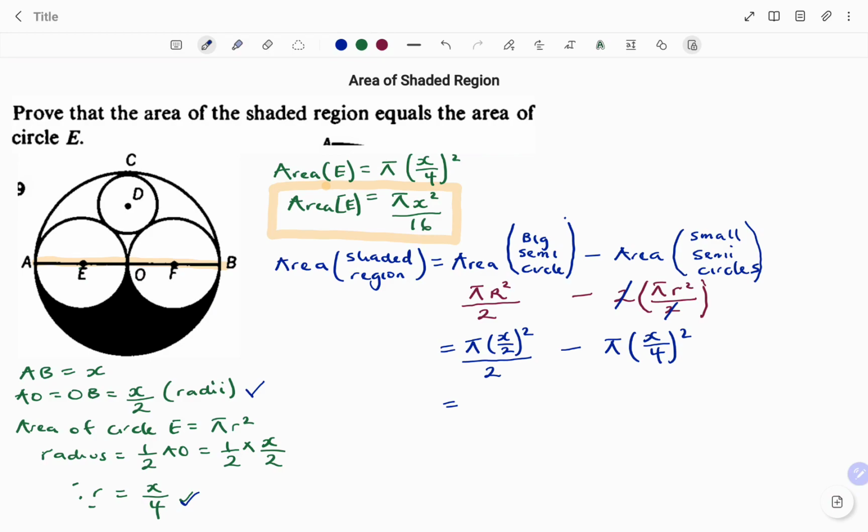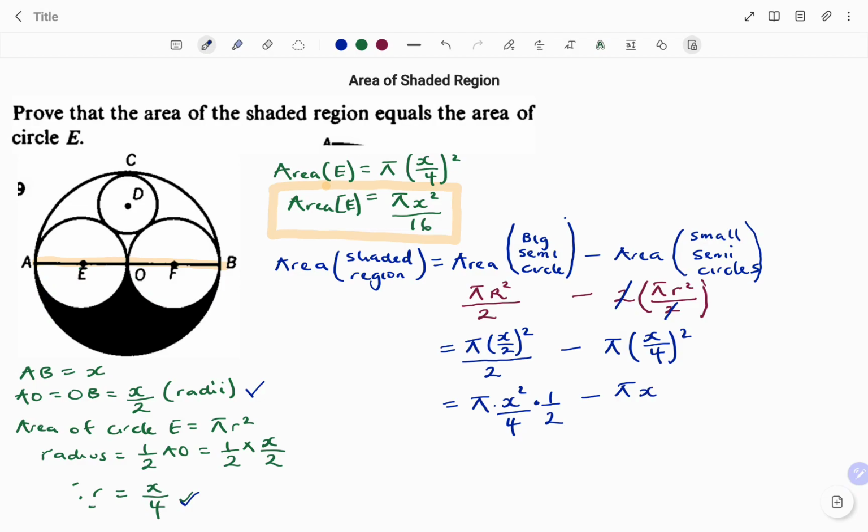Simplifying, I have pi times x squared over 2 times 2, that's 4, times 1 over 2, that's the 2 at the bottom,